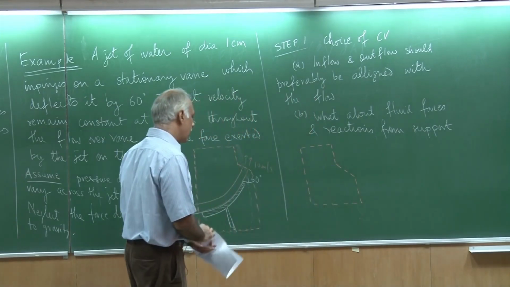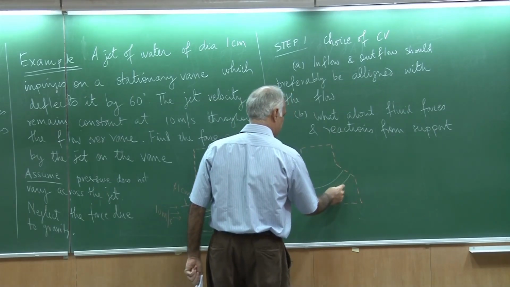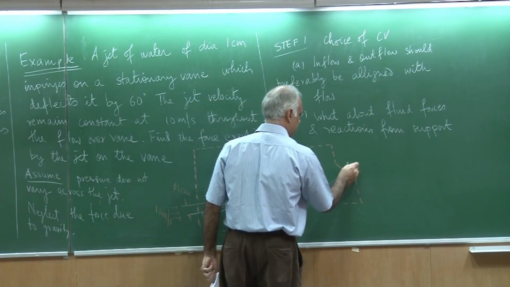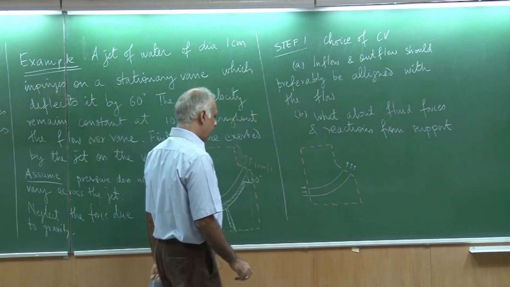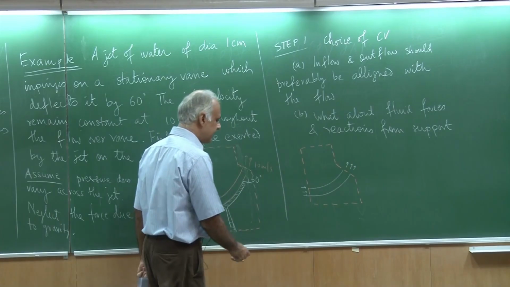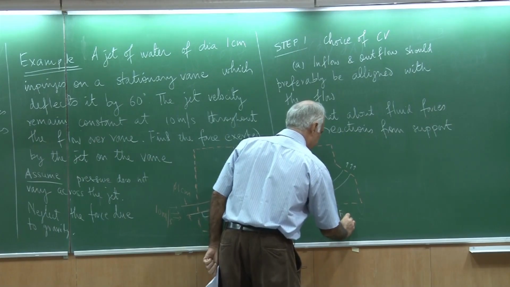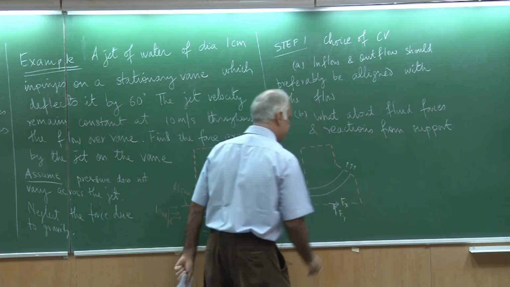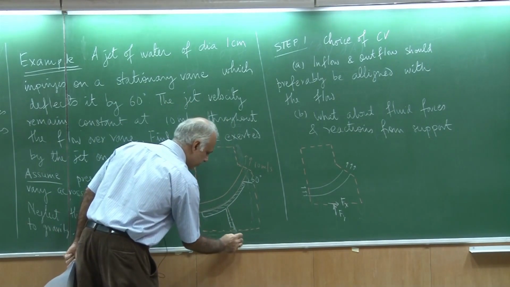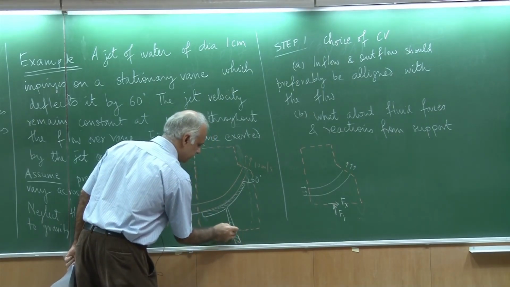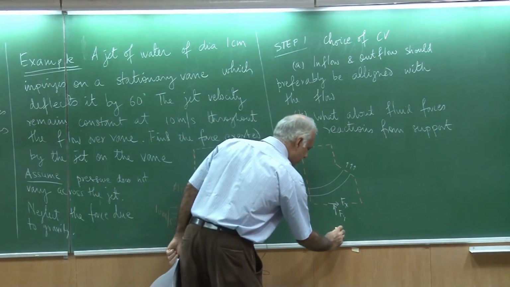So let's say this is the control volume and I will draw the vein. This is my vein, and the force acting on this control volume is essentially a reaction Fy and Fx. This is because of the cut that I have made over here, possibly to the support. Right? Now if I wanted to look at the support which was over here,